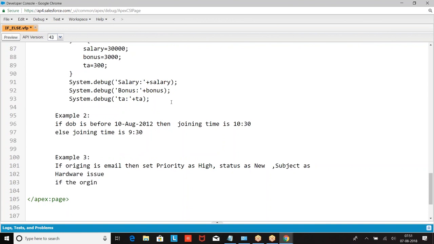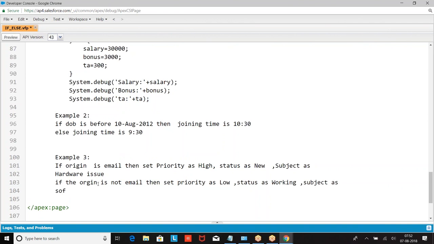If the origin is not email, then set priority as low, status as working, subject as something else. Now build the program, everyone. Start working on this too.